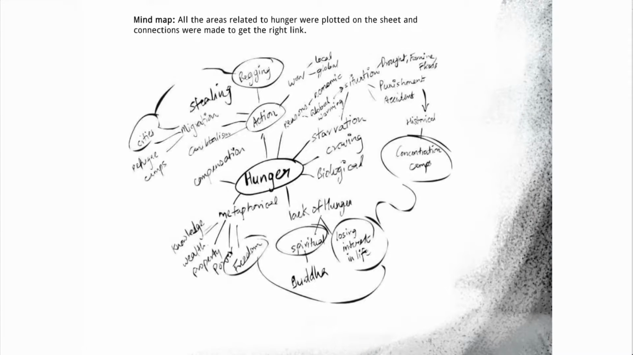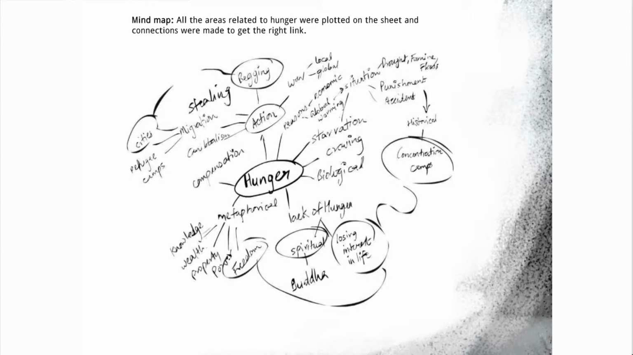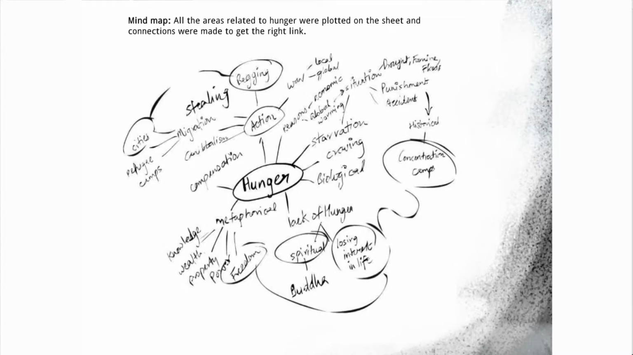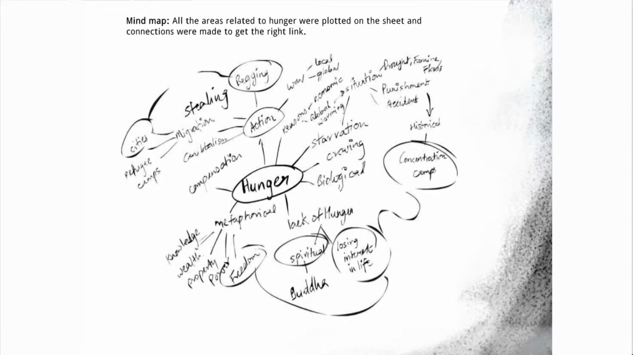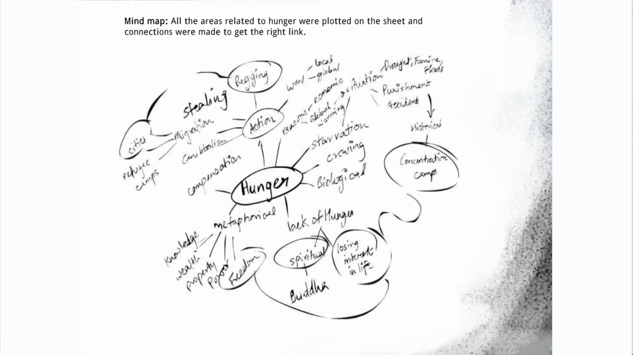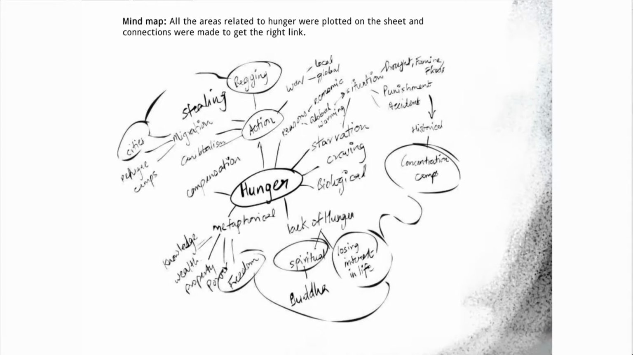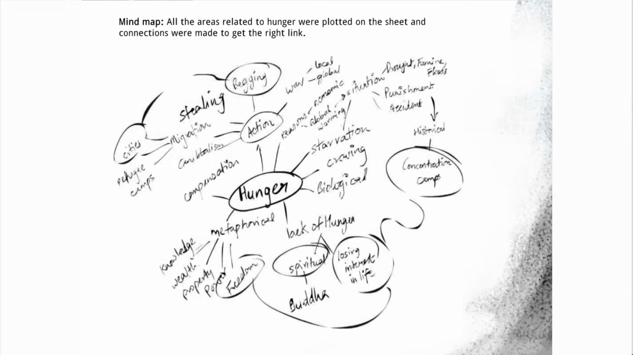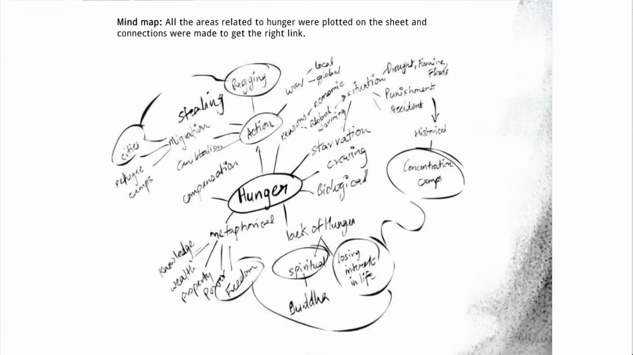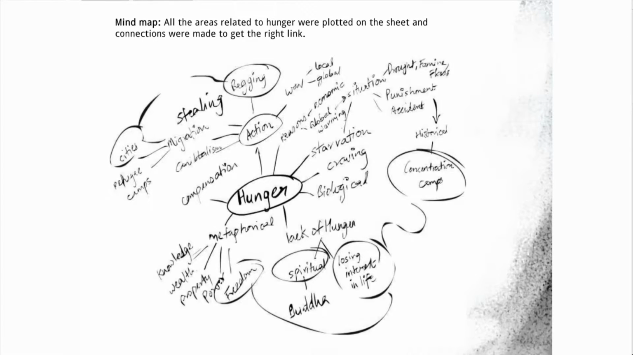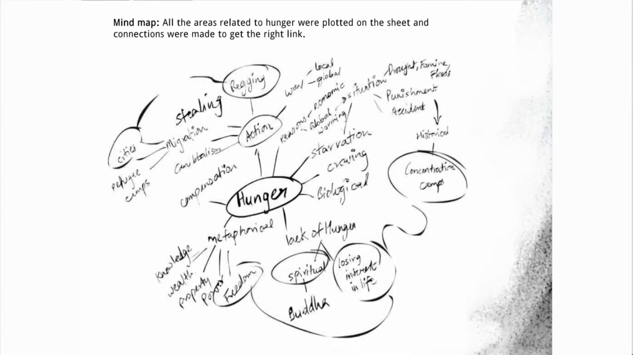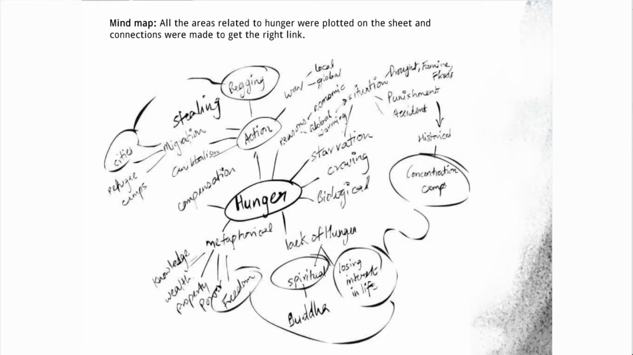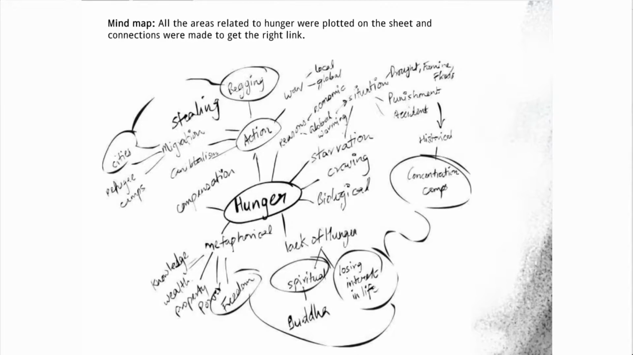So this is the mind map data where all the areas related to hunger were plotted on the sheet and connections were made to get the right links and string the story through. As you see here, hunger leads to starvation, craving, there are biological effects, there is lack of hunger sometimes. Metaphorically, hunger also relates to knowledge, wealth, property, poverty, freedom, also power in a way, and lack of